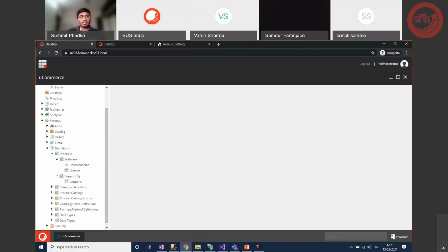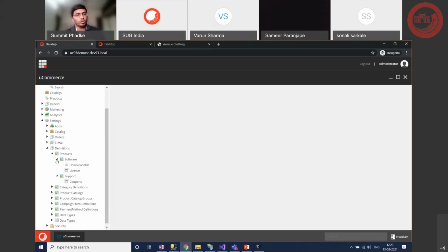It is pretty similar to how we do in Sitecore. These are our Sitecore fields, and this is the Sitecore template. So for the software template, we have downloadable and license as the attributes, and for the support template, we have coupons as the attribute. E-commerce can also have inheritance if needed.